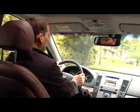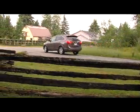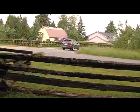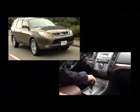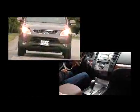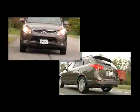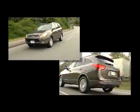The Veracruz features a 3.8-liter V6 that's also used in the luxury Azera sedan and the Hyundai Entourage minivan. It's very smooth and quiet. Actually, when you come to a stop and you're at idle, you can hardly tell if it's running. It's matched to an all-new 6-speed automatic that shifts with velvety precision. I find some of the downshifts to be a little slow for my liking, but for relaxed driving, it's pure